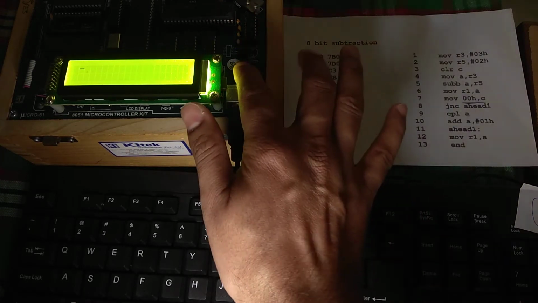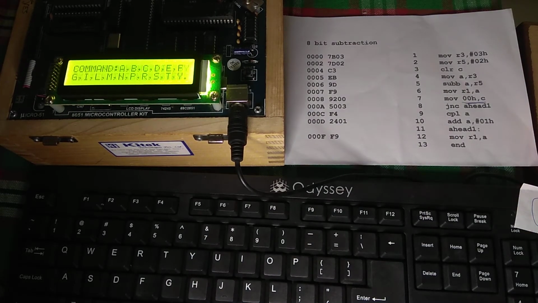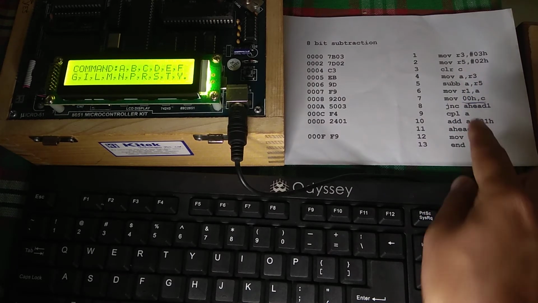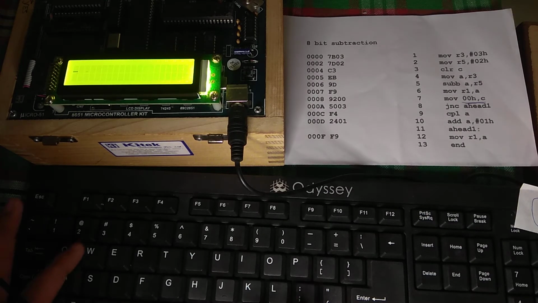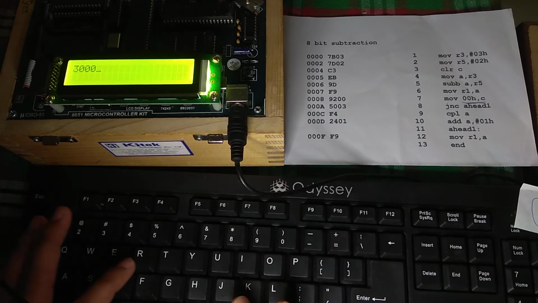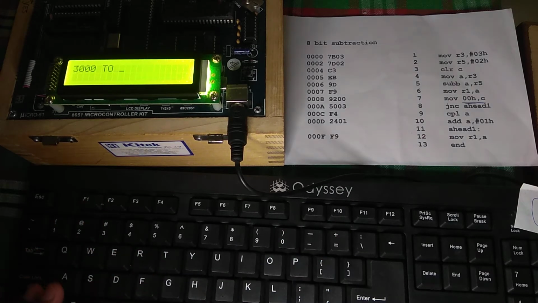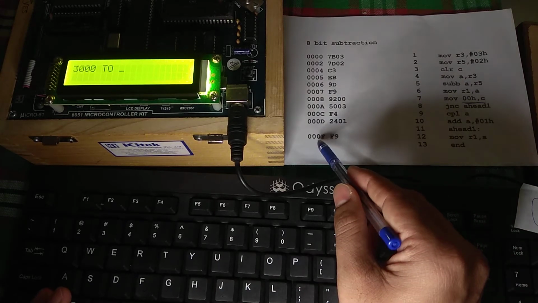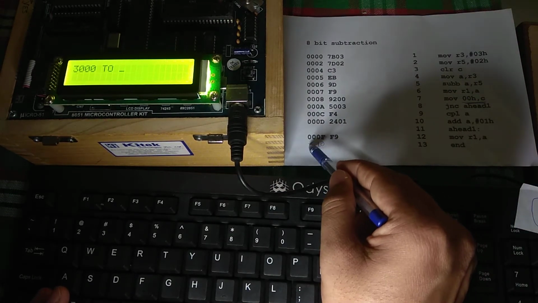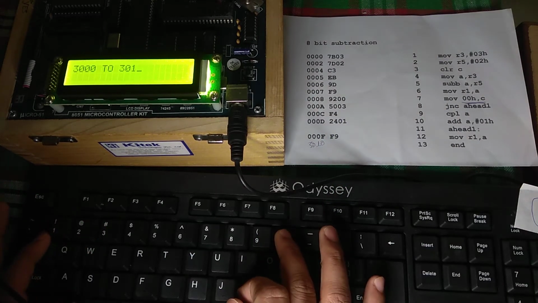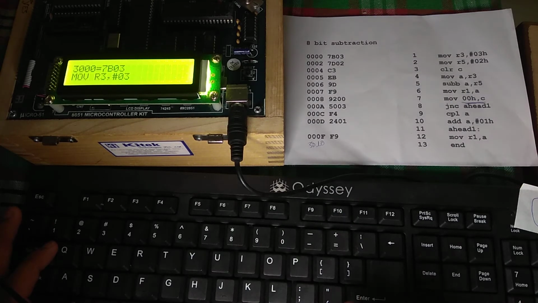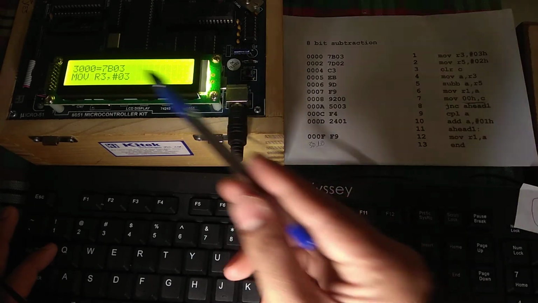Now we are going to disassemble, meaning we are going to see the whole program written over here. Go to D and write the starting address. We have taken the starting address 3000; give the end address which is one byte higher than the last byte. We have taken 30, so it must be 3010, and press enter. Now you will see MOV R3, comma